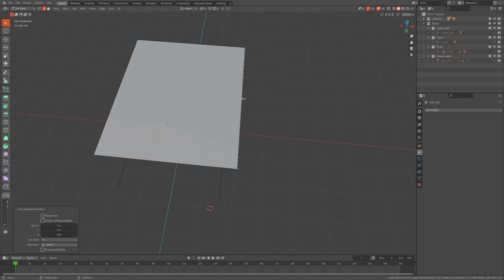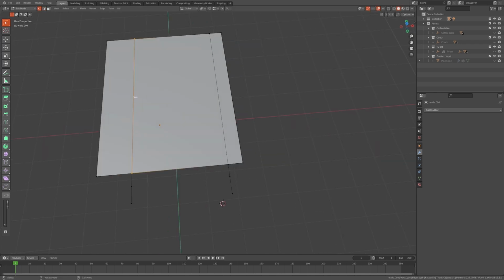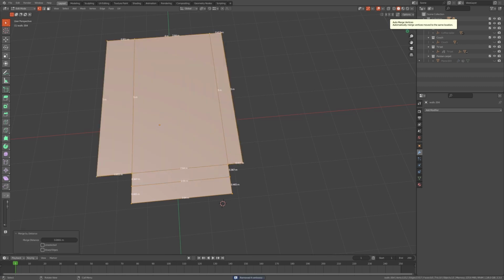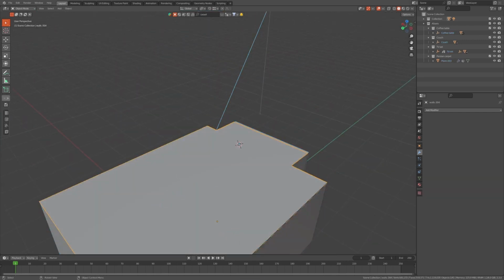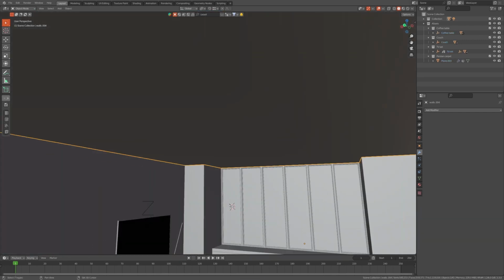Okay, let's edge loop to here, edge loop to here. Let's do this, then this. So let's keep this activated, automatic merges. So now as you can see